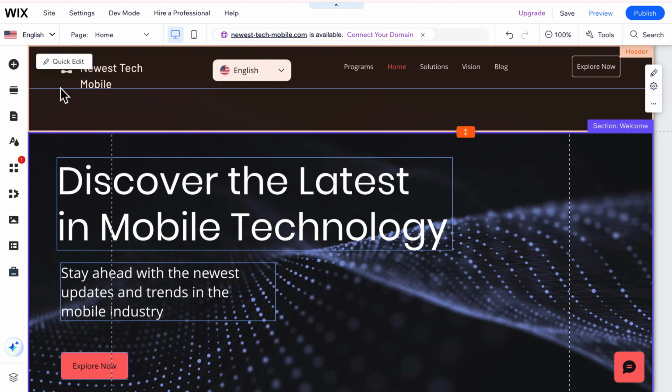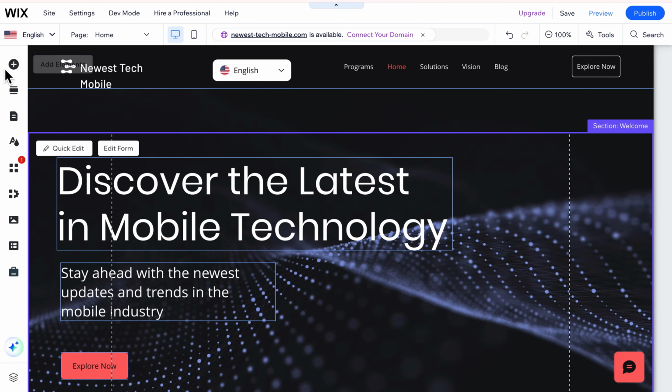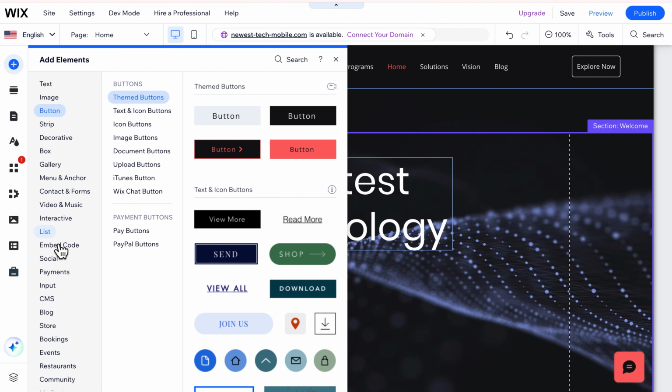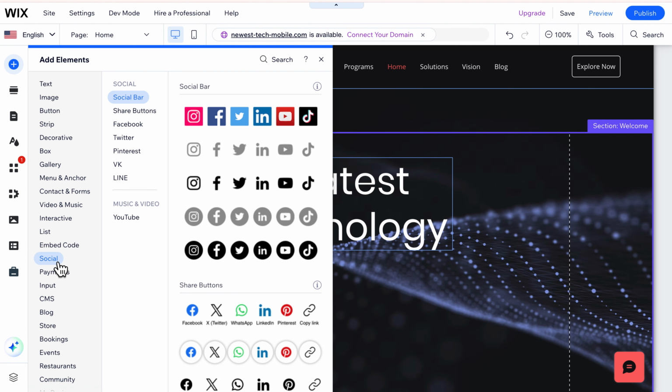Here in the Wix editor, you want to go to Add Elements at the left side of your screen. Just click on it. And then after that, you want to go to Social. Right here on Social, you want to click on it. And then on the social bar, you can just choose any of these social media icons to be added to